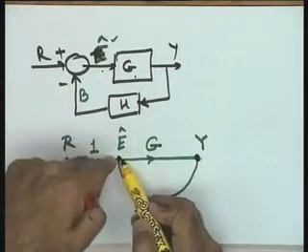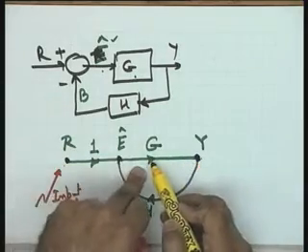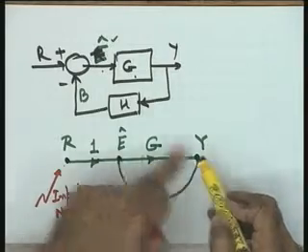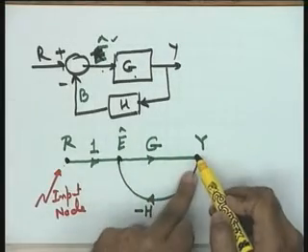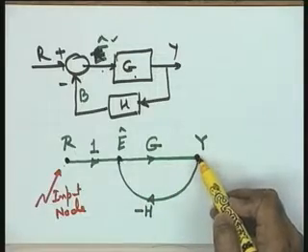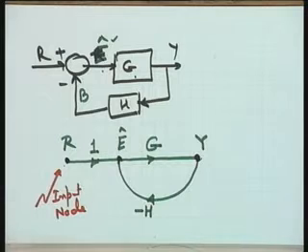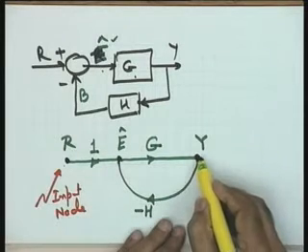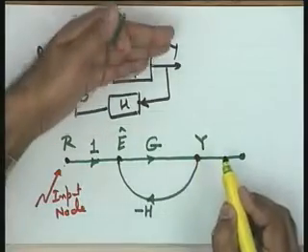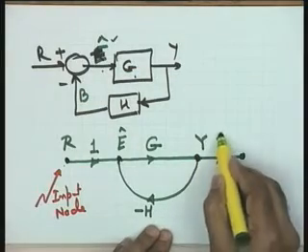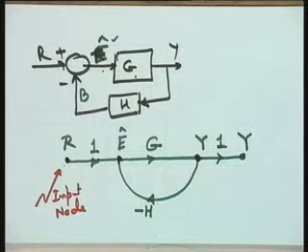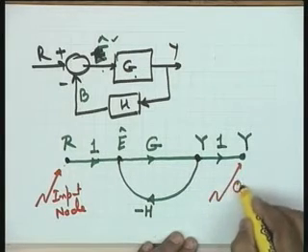Now, the E cap signal is travelling on this particular branch, in the process gets multiplied by G and is delivered to this particular node, and therefore, the value of the output variable or the node variable Y is equal to G into E cap. Okay? So, that way the complete system equation is represented like this. Just for the sake of better visualization, if I put one more branch which is not available here in the block diagram, put Y here and call this also Y. I hope it does not matter as far as system equations are concerned. So, what is this equation? Y is equal to Y. There is no problem as far as system equations, but it gives me one advantage. Well, I will call this an output node.